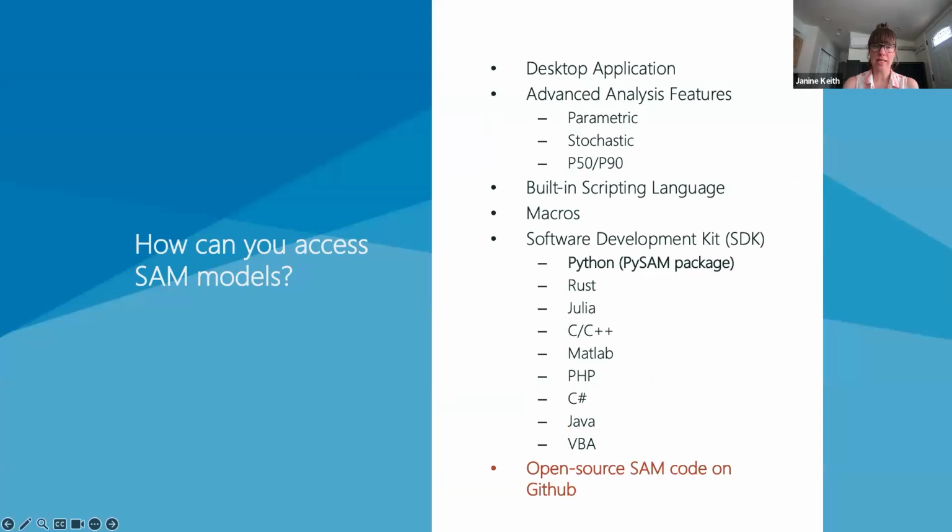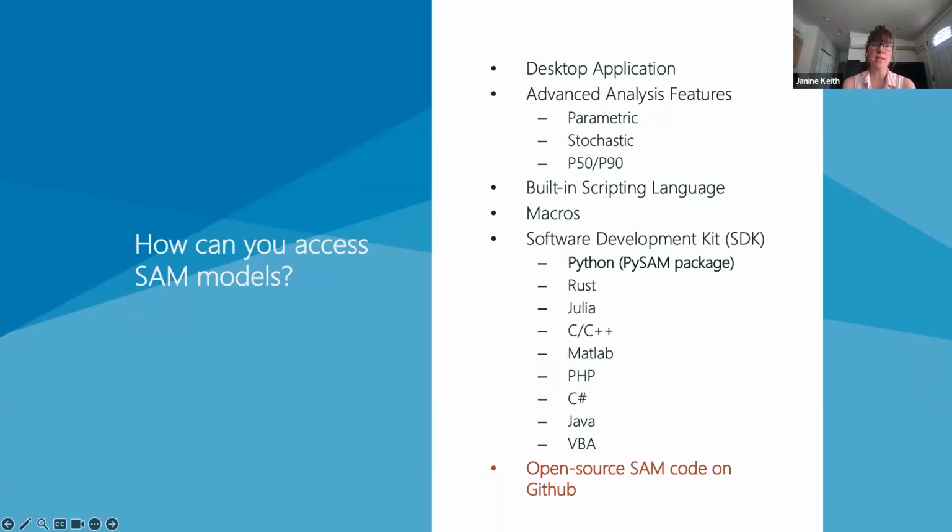And this foundational role that SAM plays is made possible by having a design for extensibility. So we have the desktop application that I've mentioned, which is how many people access and use the tool, particularly when you're looking at analysis for a specific site. And that has some built-in advanced analysis features, including being able to parametrically sweep through different input options, doing some stochastic modeling where you might add uncertainty onto the input values themselves, probability of exceedance modeling to take a look at your financial uncertainty potential, as well as a built-in scripting language and a feature that we call macros, which